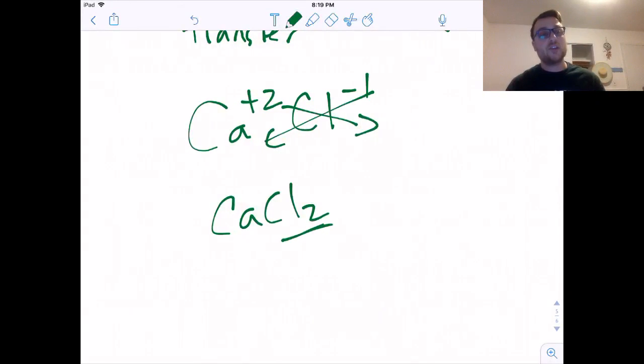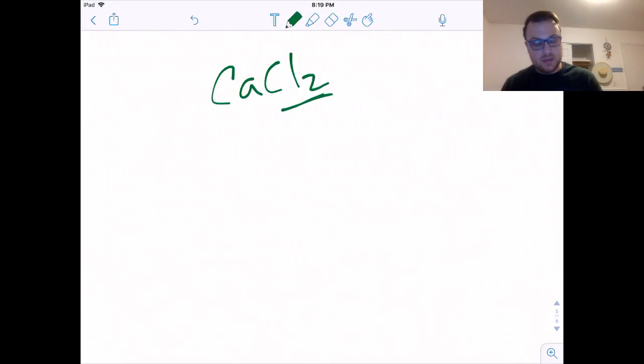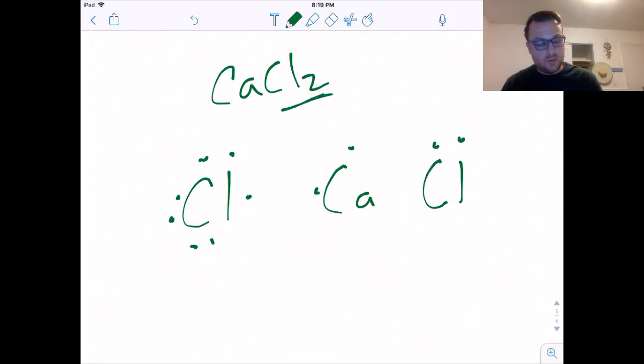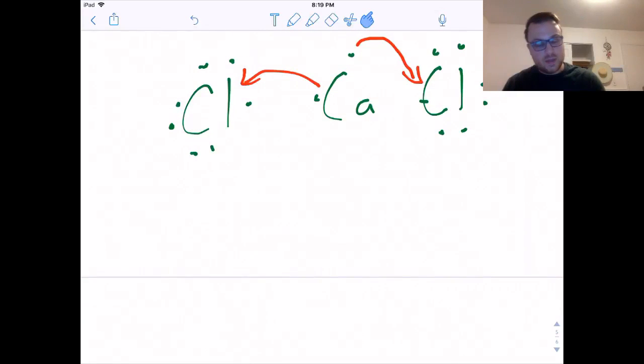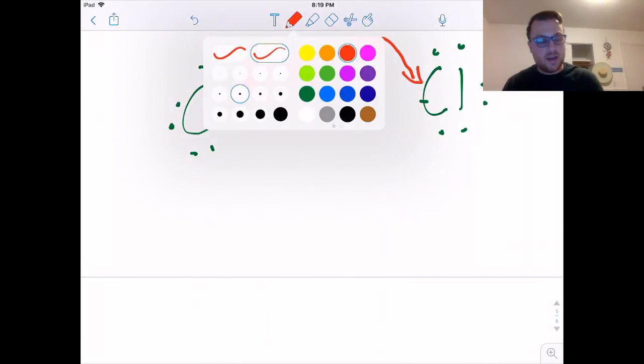So, when these form a bond, I'm going to draw it like this. You can have 1 chlorine over here, calcium, and another chlorine. And these electrons are going to transfer to the chlorines. So you'll get, and I'll just show the brackets because that's just convention. A lot of times you will see ionic compounds in brackets. You get the chlorine over here